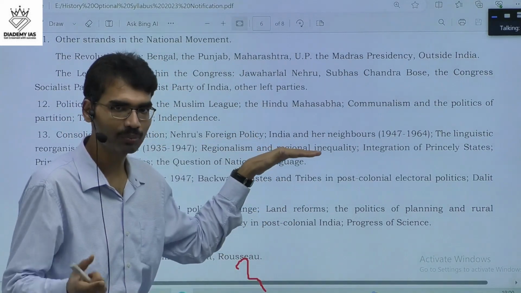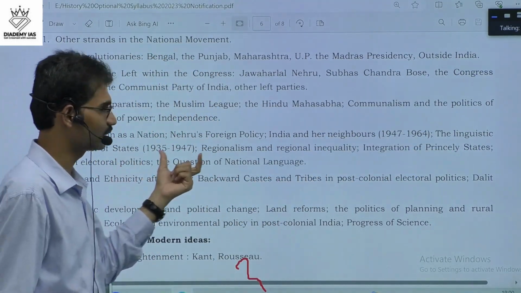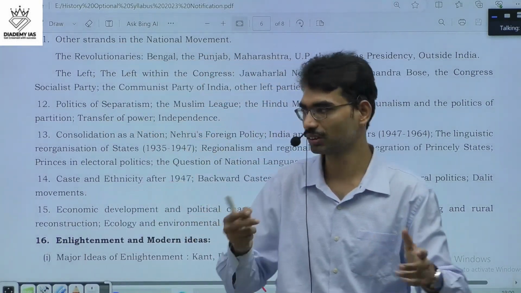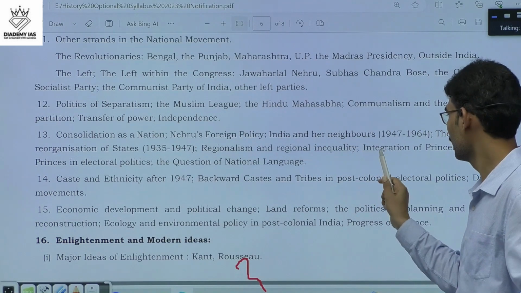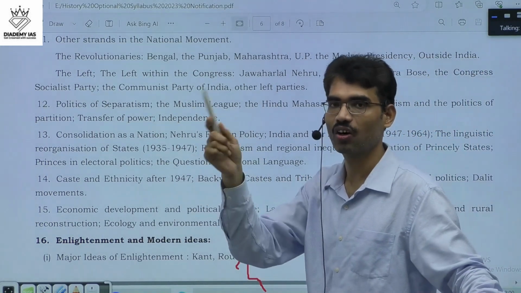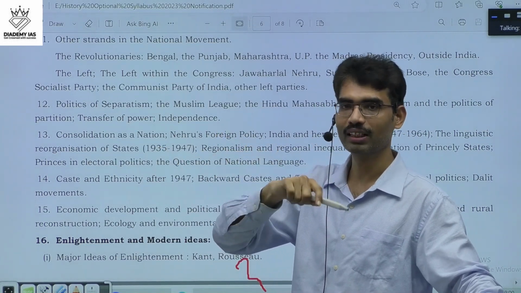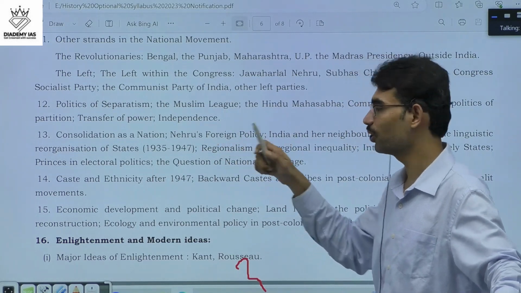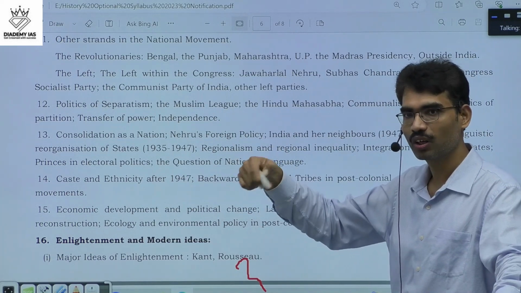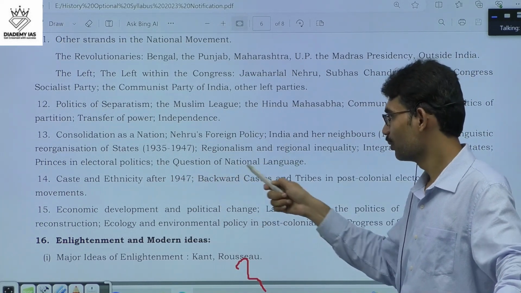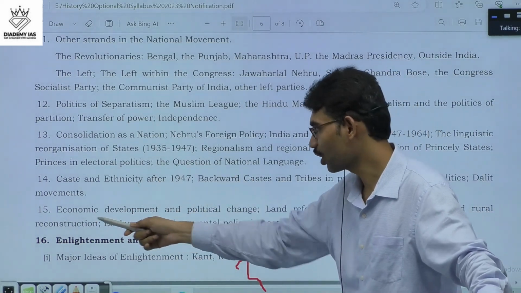Consolidation, Nehru's foreign policy and her neighborhood, external context, the linguistic reorganization of the states. It is like administration, then regionalism and regional inequality, society and economy, integration of princely states. It's like conquest, like Samudragupta conquered with sword, British conquered with guns, but at this time, peacefully, many princely states integrated. Electoral politics, now new constitution came and new politics, national language, society, caste and ethnicity, society, economic development,